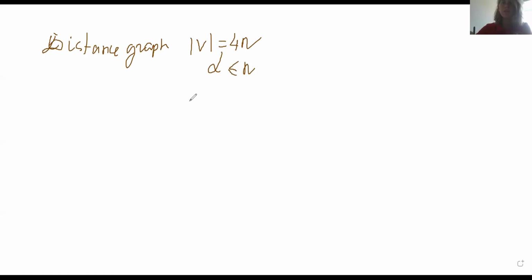And we had several estimations on the amount of edges in this graph. The amount of edges, there were like several problems. And first we proved that it's at least 7n. In the second we proved that it's at least 8n,